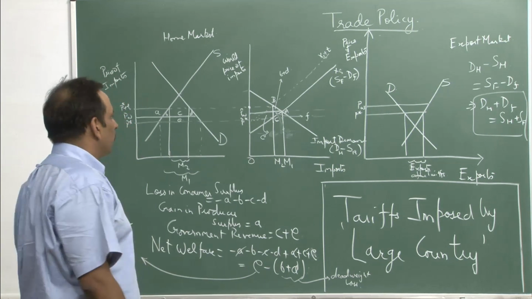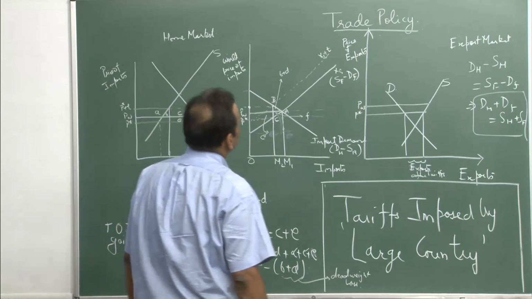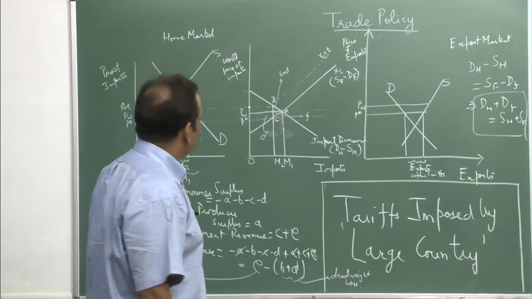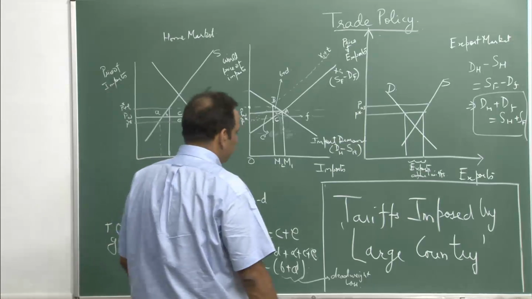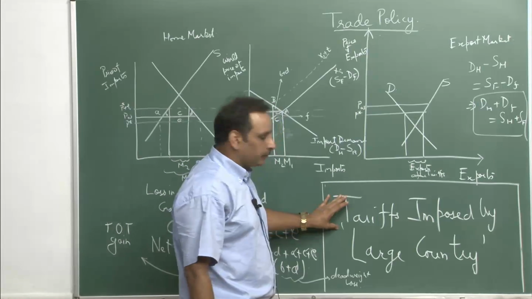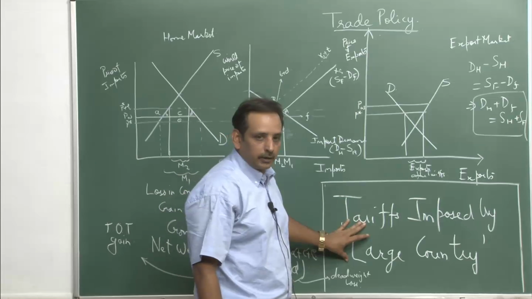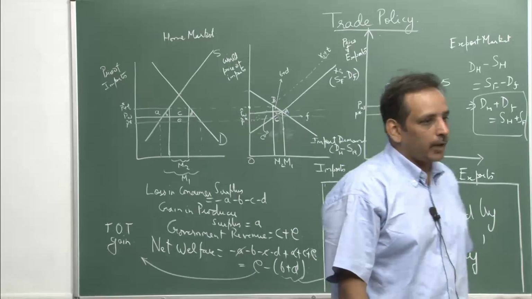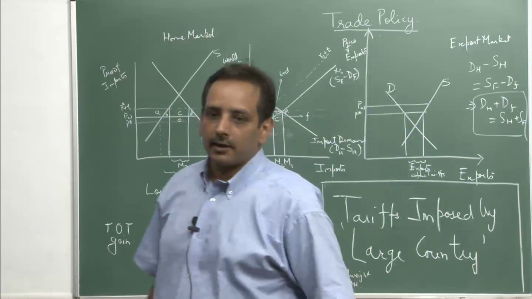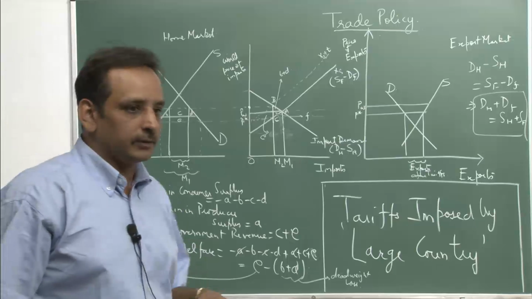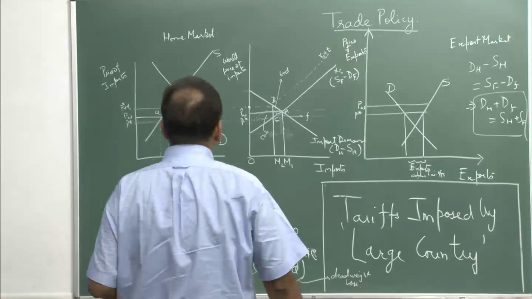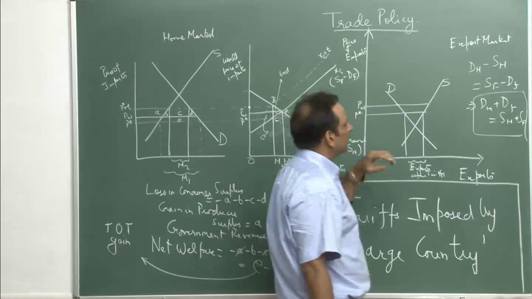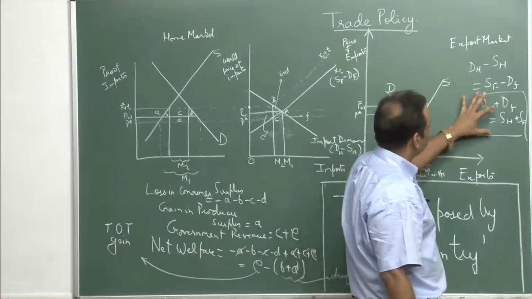Good afternoon. So, we will talk about one of the instruments of trade policy, that is tariffs today, and we will see the impact of the tariffs when it is imposed by the large country. Large country is defined as the one where by its trading it can have an impact on the world prices. What are world prices? World prices are the prices which are determined whenever world demand is equal to the world